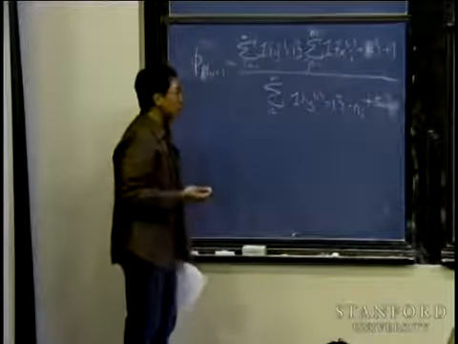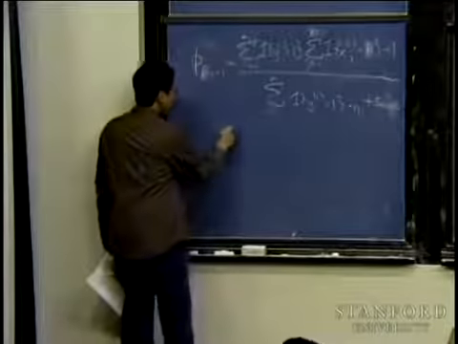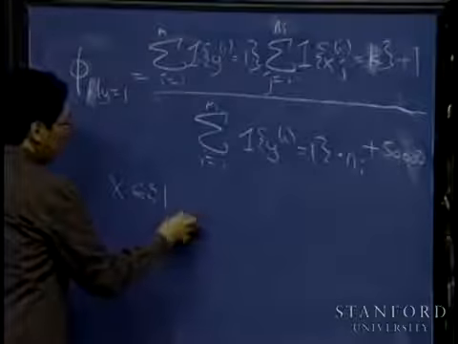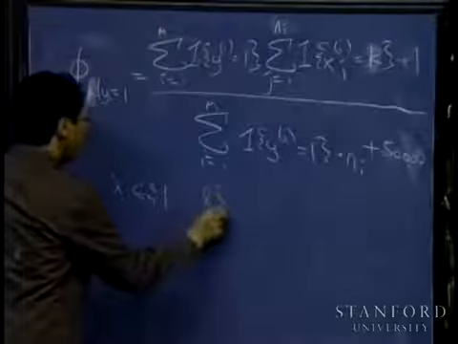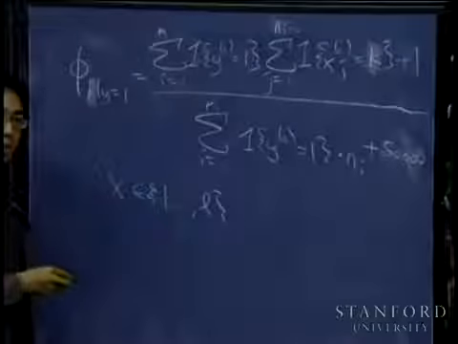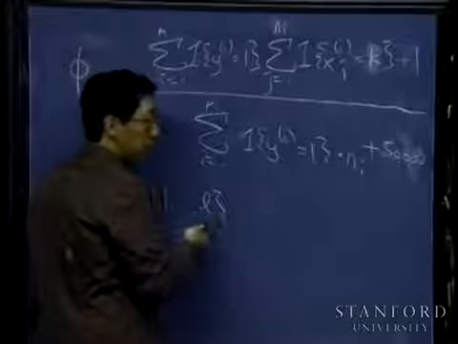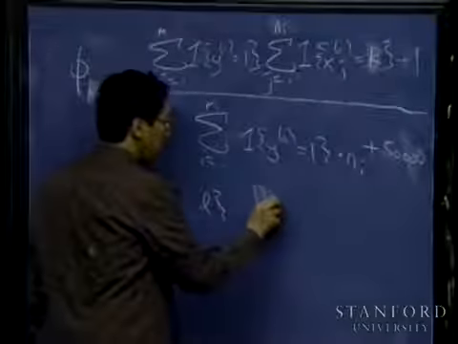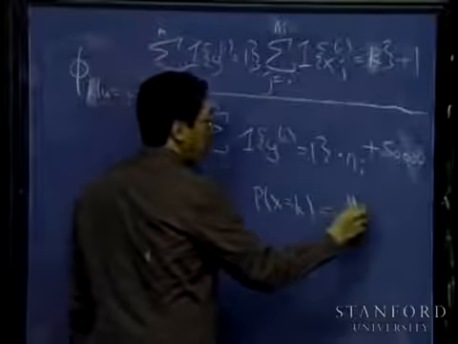Suppose you have a multinomial random variable x, which takes on L different values. Then the maximum likelihood estimate for the probability of x, p of x equals k, will be equal to the number of observations